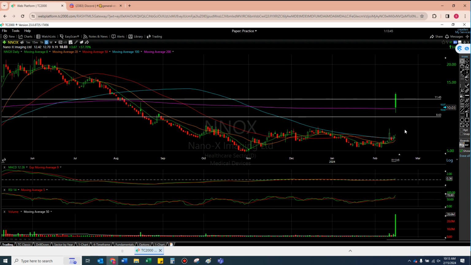Today is a beautiful day across both of these. Tomorrow needs to confirm. Personally, I'm going to bank some money. I'll tell you that. I am going to bank some money because there's no way I want to watch these drop to where I'm saying they might drop, right? I'm not going to get rid of it all because, yeah, I think there's some legs to these, but this movement needs to confirm tomorrow.